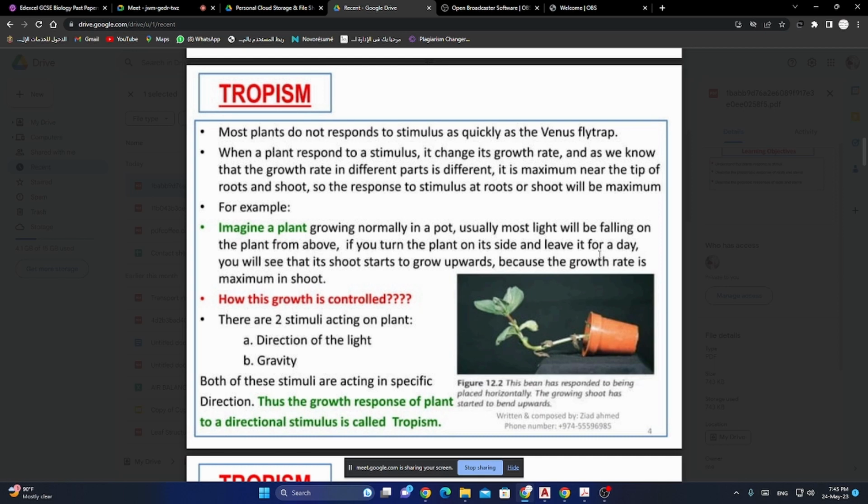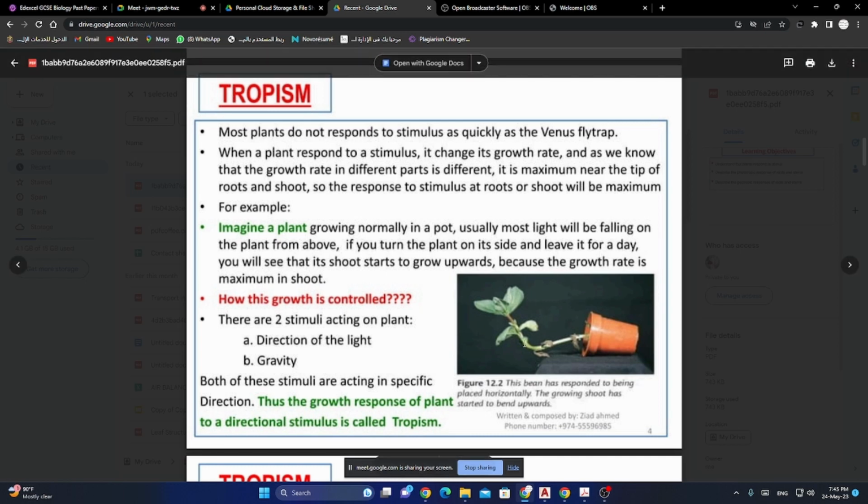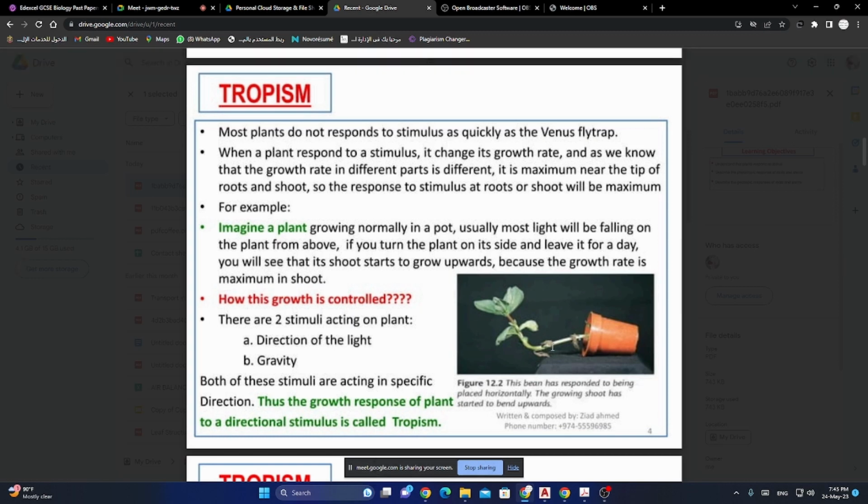Here, what they're saying is that in order for the plant to respond to that stimulus, it needs to grow its cells. It needs to change in some way. It doesn't really have any muscles or anything to move about, right? So instead, it can use its cells, it can increase the size of the cells in order to change the dimensions, in order to change the growth rate. So for example here,